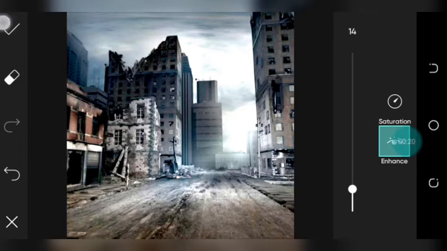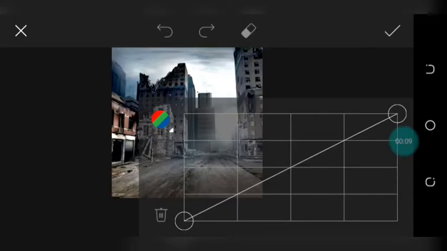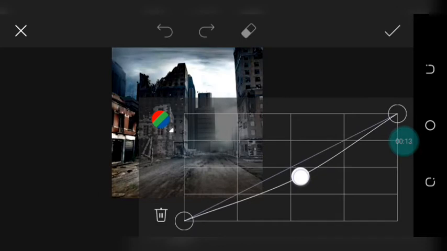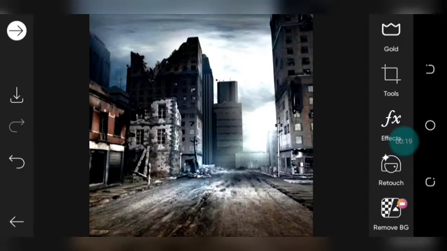Okay, then press OK. Then the next thing is to go back to the icon for tools, then select curves, then decrease it. Okay, press OK. So as you can see,